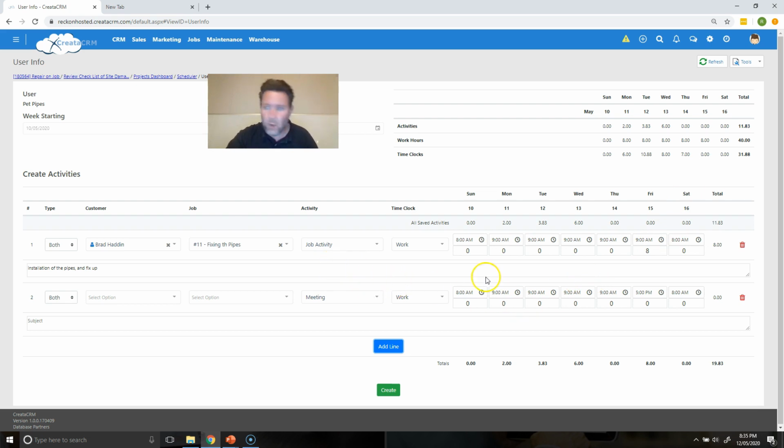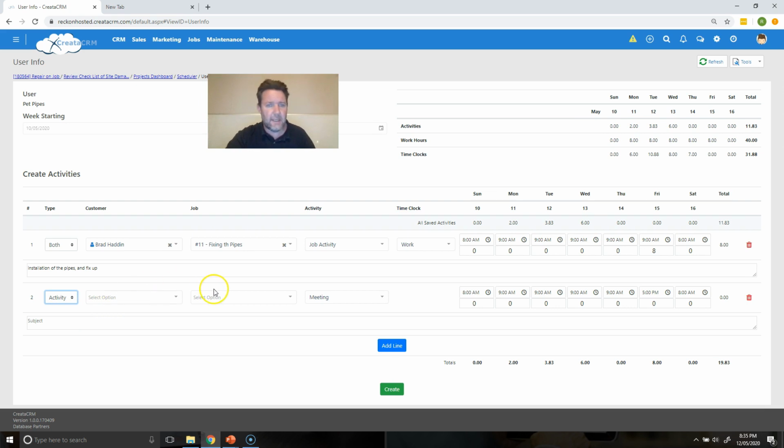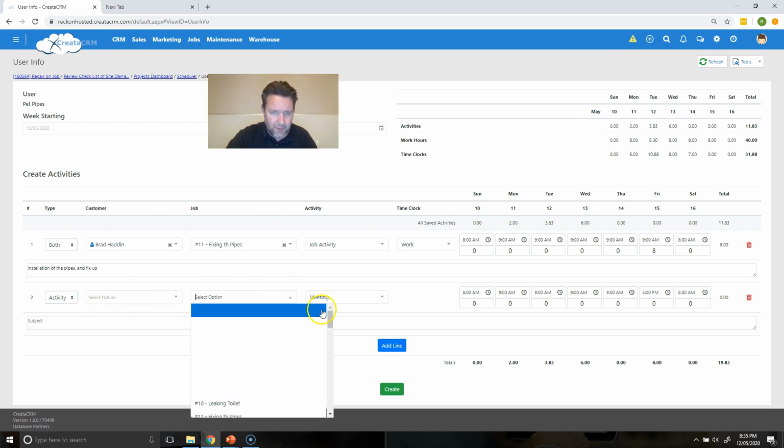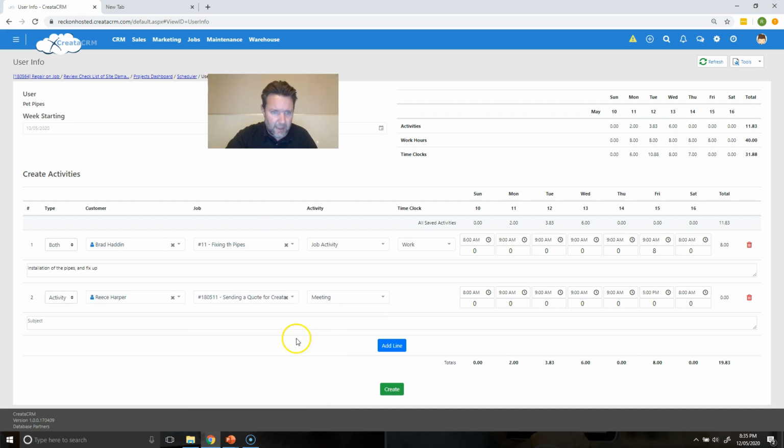For example, you can go through and look at some other times and say, I'm going to create an activity for Thursday. I did the time clock, but I forgot to time on a job. So you can say, I did an activity on here, and it was for a job, whatever it is. We'll just scroll through and pick any one. It was for this customer, Reese Harper, and it was for Thursday because we were missing the Thursday activity, and that's for invoice. Remember, I clocked on, clocked off, but I haven't clocked onto the job itself, and I want to do that. So I'm going to create a job for